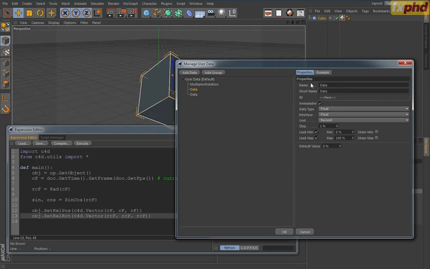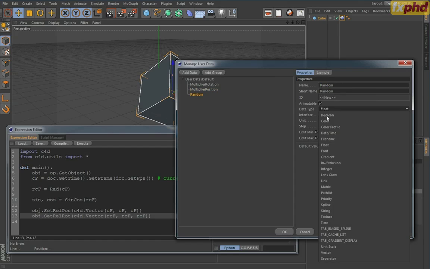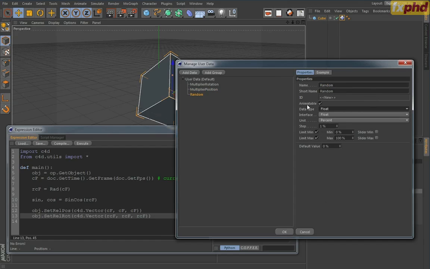Okay, so we do the same thing now for the position, so we call it multiplier position. Again, float slider, real. Let's make this 200. Again, default value of 1, and this 0.1. Alright, and this we just call random. And this is not going to be a floating point number, because what we will do is we will change